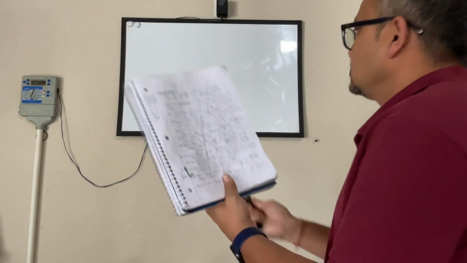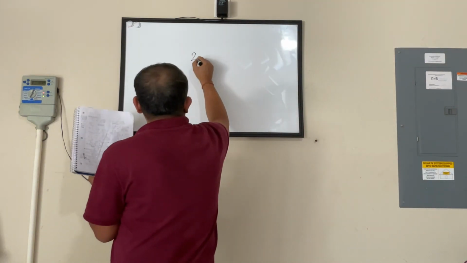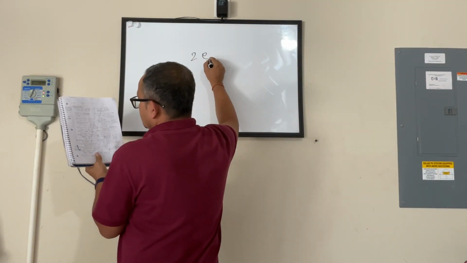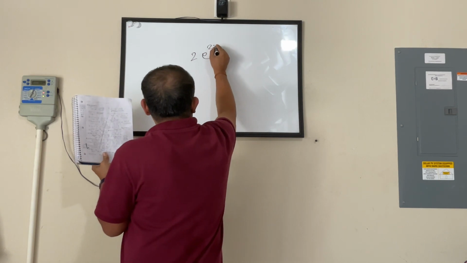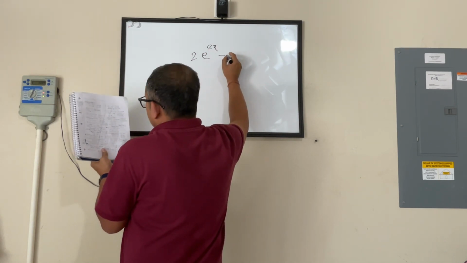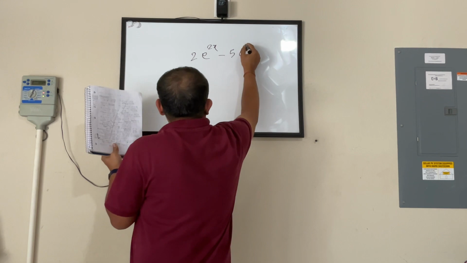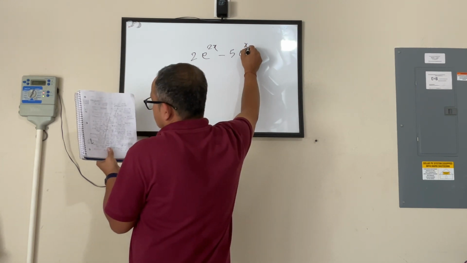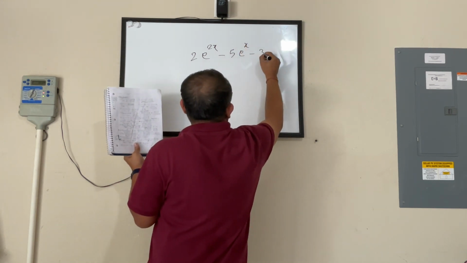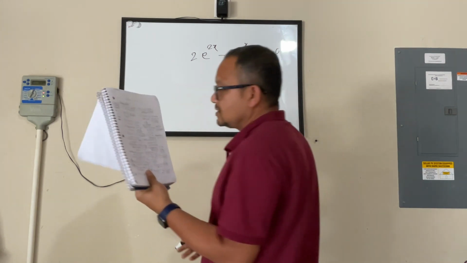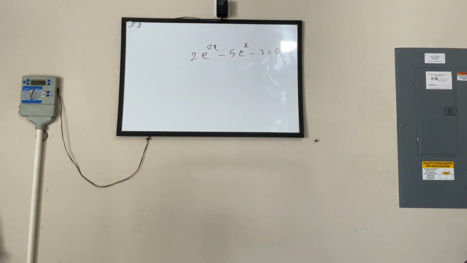Okay. It says 2 e to the power 2x minus 5 e to the power x minus 3 equals 0. We have to solve this one. Now, here